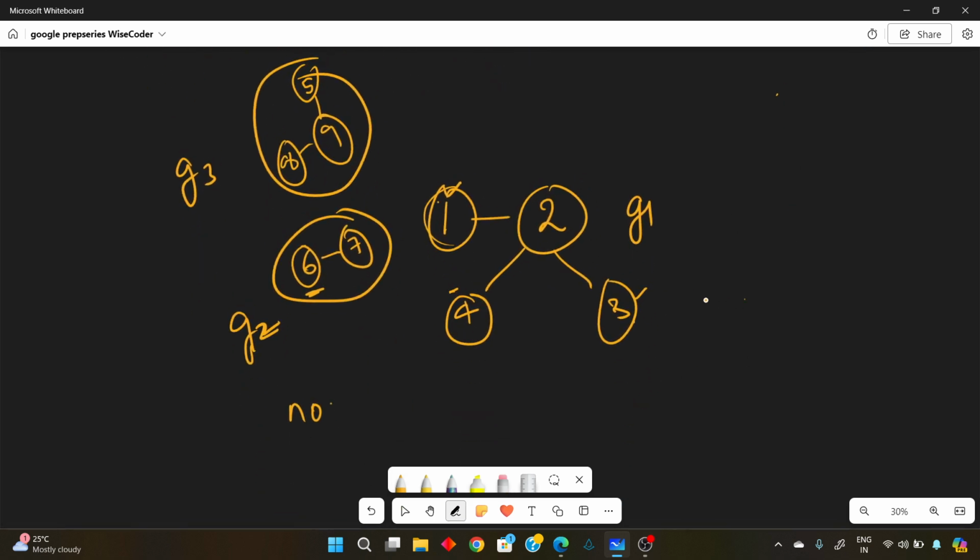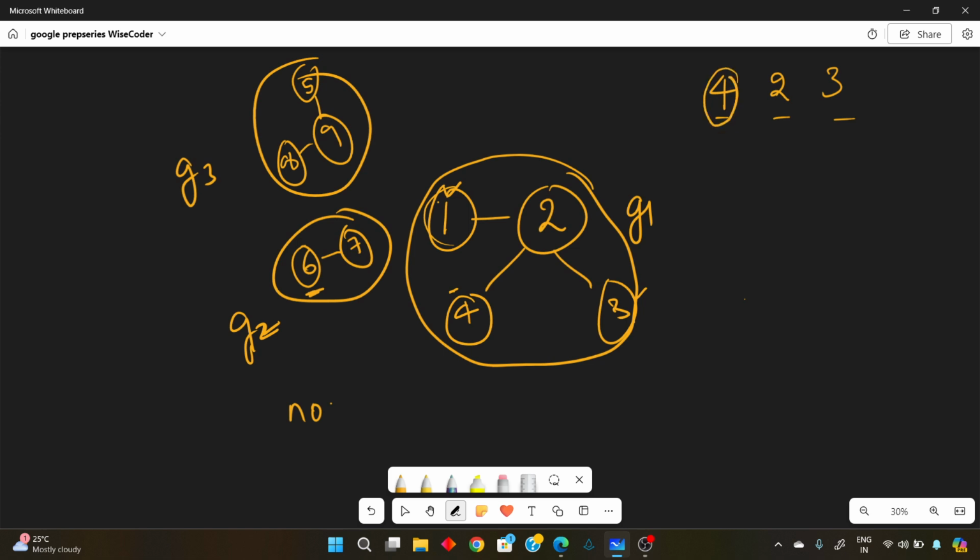So these are three groups. What I want to know is: in group 1 I have 4 members, in group 2 I have 2 members, in group 3 I have 3 members. Is there any way to find this? Yes, there is a way. Let me tell you the approach, then we'll see how we are going to find this. Once you have the numbers, obviously for all these 4 people,